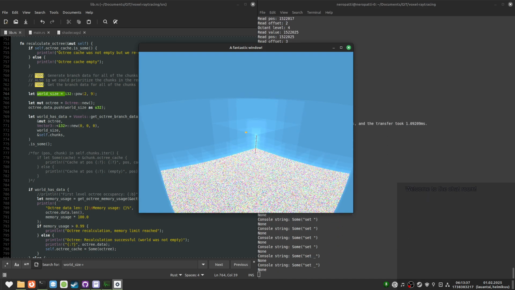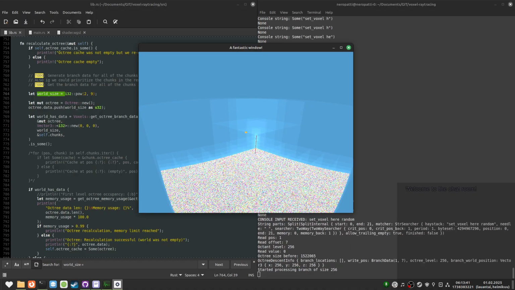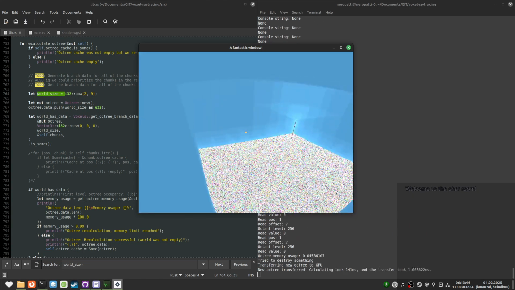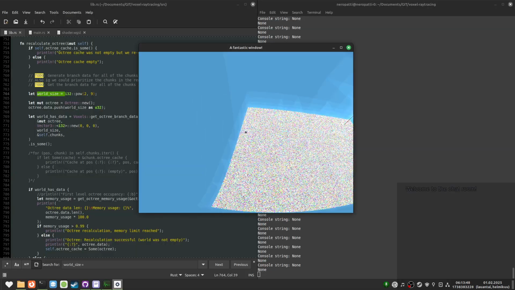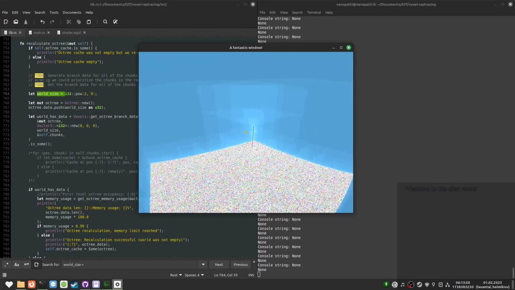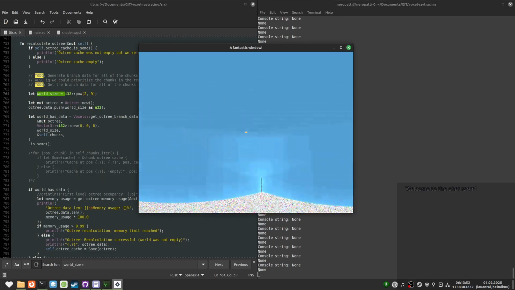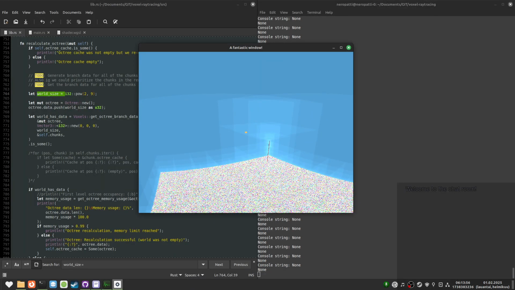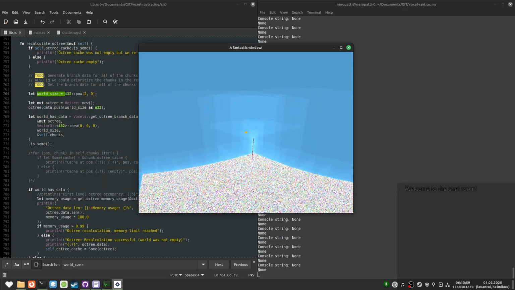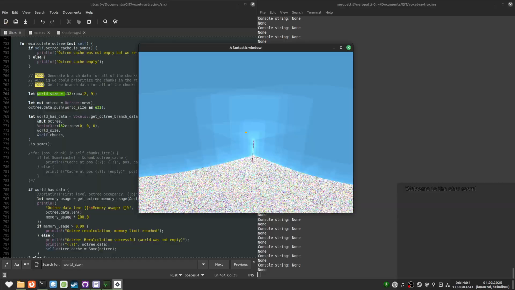Destroying is instant. But when I place that, it takes a while. And it's because it's not just creating this one branch where I place that one voxel, it's actually generating every single branch that doesn't exist. And if those branches happen to be empty, they're generated and then they're discarded.